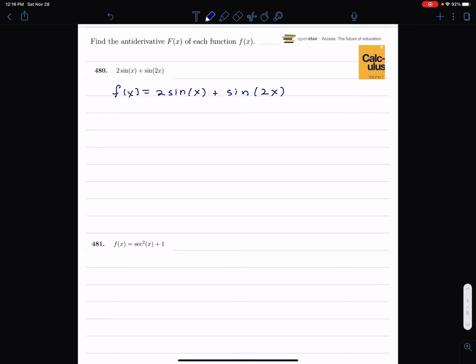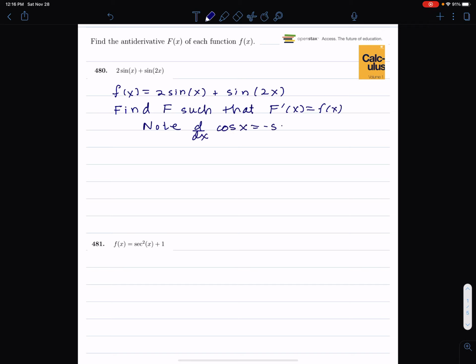Okay, so the antiderivative is what we're going to write as capital F, such that F prime of x is equal to little f of x. Now, note that the derivative of cosine x is equal to negative sine x. All right, so we have to memorize that. Therefore,